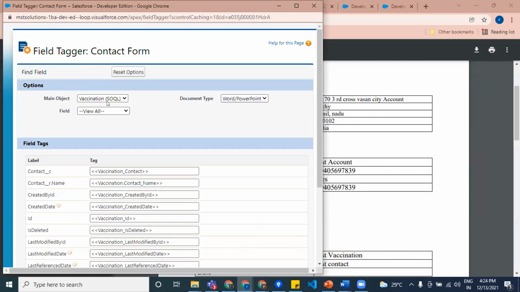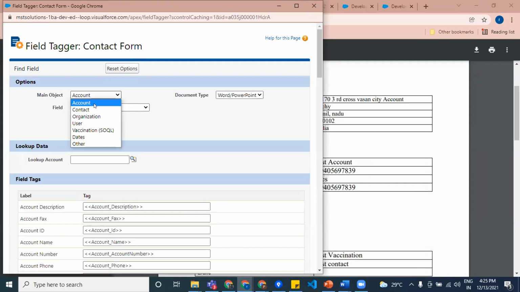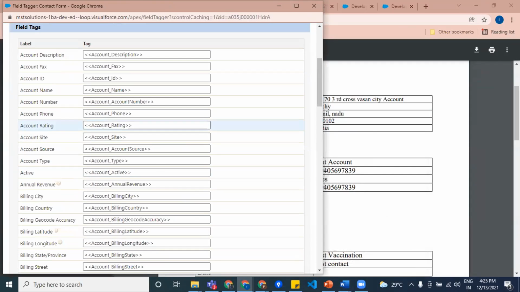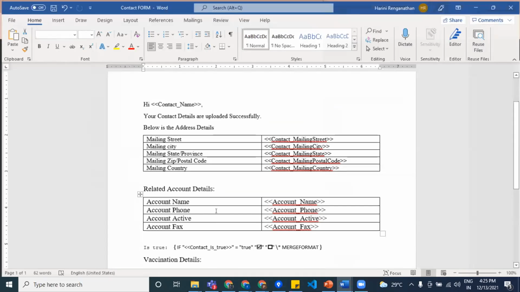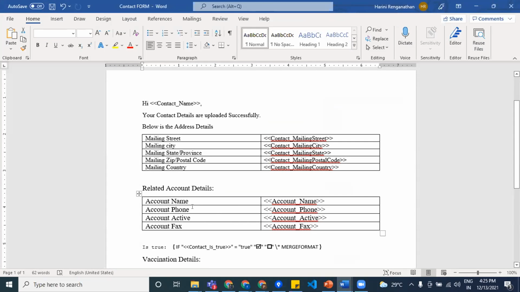You can go here quickly, and here we have account. From account, you can directly take whatever fields you want, put them on the template, and proceed.